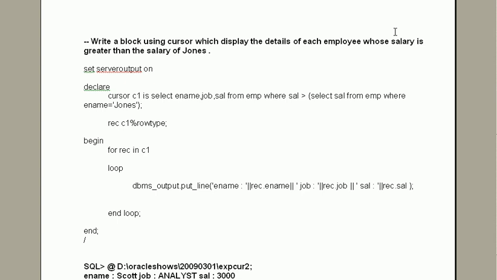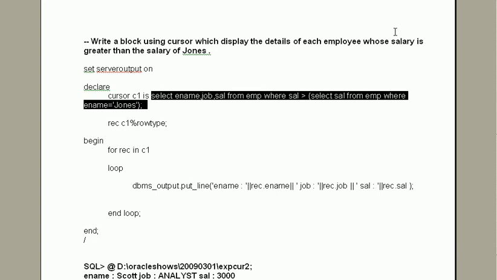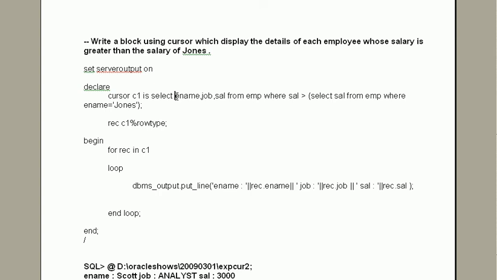So this is our question, the one you have solved in the assignment. It is very simple: select ename, job and salary from EMP where salary is greater than, select salary from EMP where ename is John.